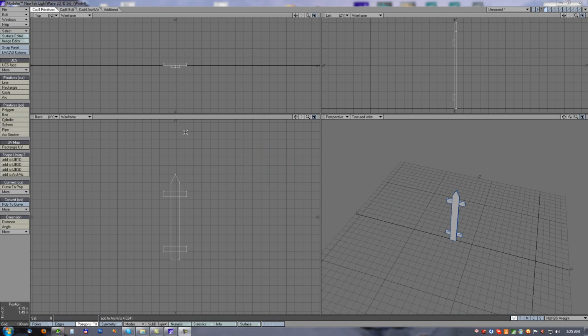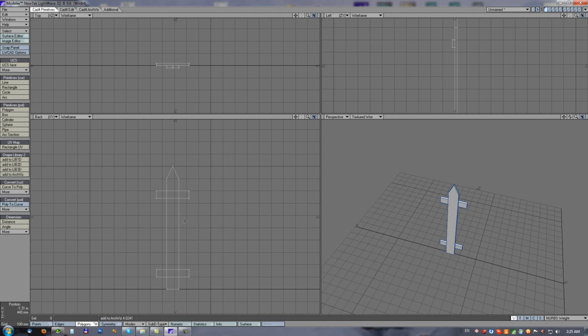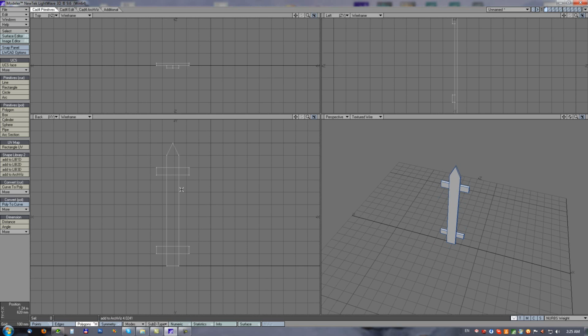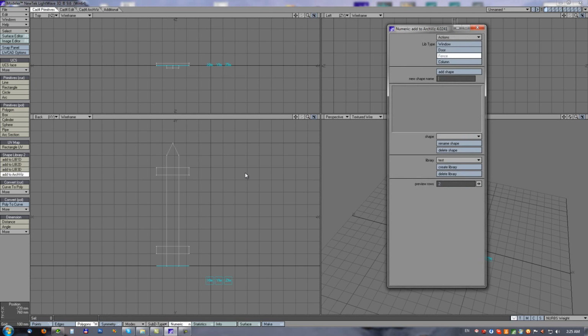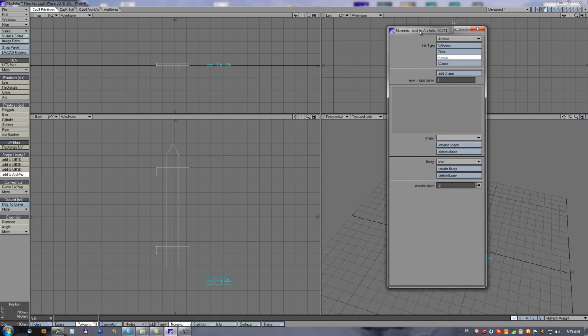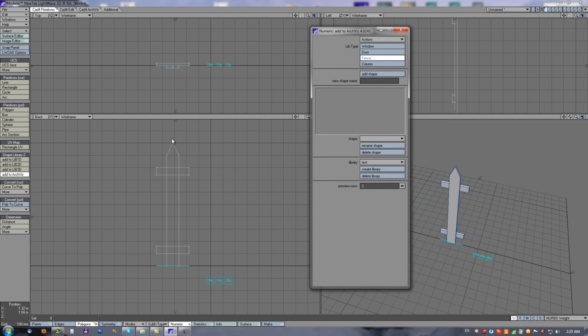And next and last will be fence and column presets. I will show you only fence presets because column is similar. Again with add to archviz tool, I can add this fence directly into shape library. It will be F1. We can see that if I don't add any additional curve into this shape, then